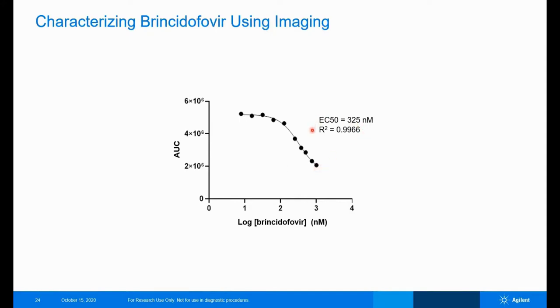Again, the R squared is quite nice. And this suggests the EC50 is around 325 nanomolar. Once again, we would prefer to have additional data points, but the solubility of the drug won't allow us to do that. When we compare the two outputs of imaging and impedance, we see that we have 265 versus 325. They differ by just about 20%, which I consider to be excellent correlation considering that this is a cell-based assay.